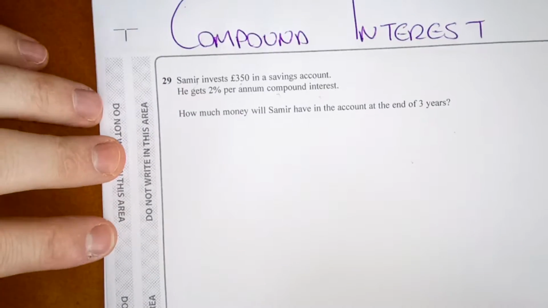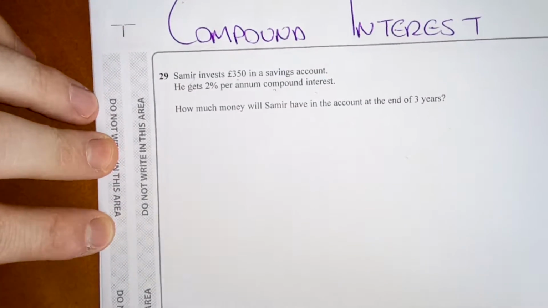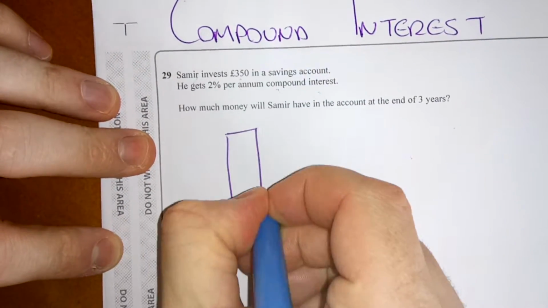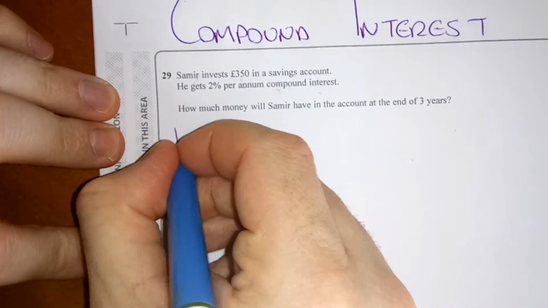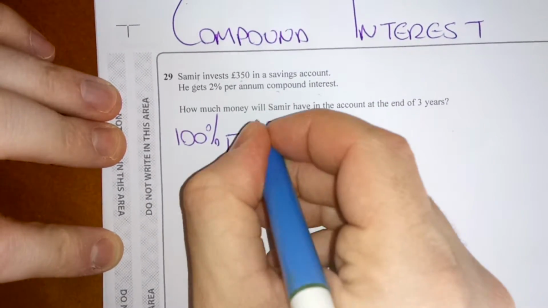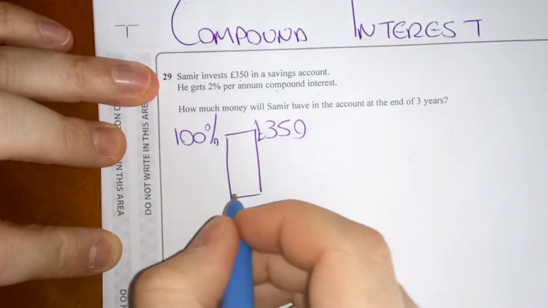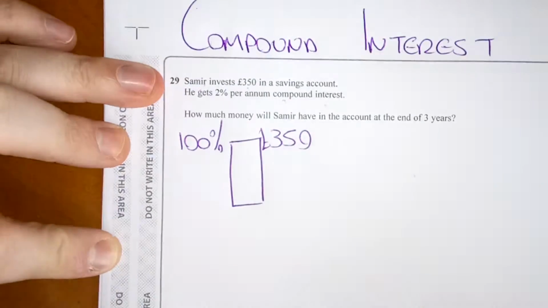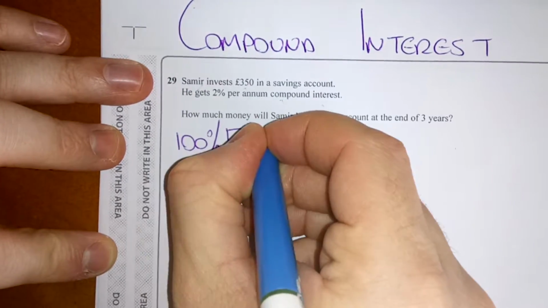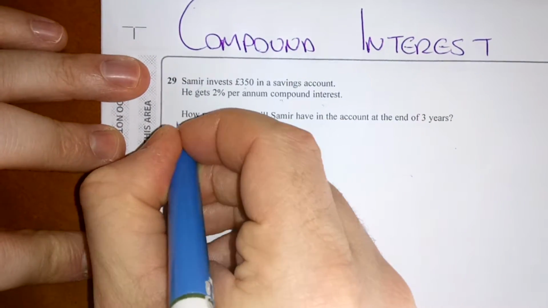Now, there are formulas we can use to work it out, but the easiest way is to do it 1 year, then 2 years, and 3 years. I always use my ratio bar for anything that I do with percentages. So I've got 100% is £350. I need to work out 2%. But as it's a 2% increase, I'm going to add it there, which is 2%, which means the number here